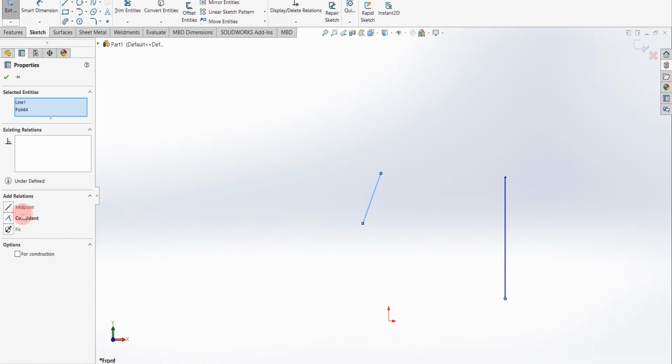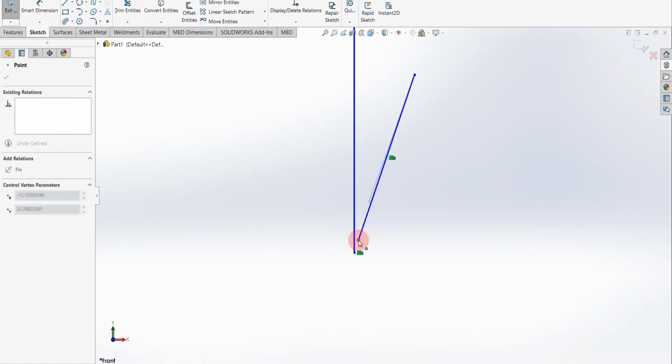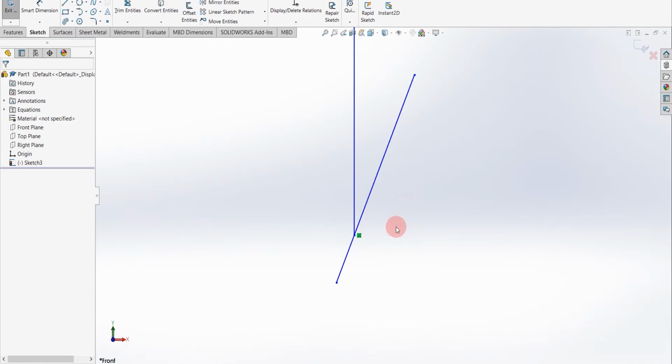Now I am selecting coincident. You can see this line and this point are now coincident. That is, if I extend this line in this direction, it will intersect this point. So they are coincident.